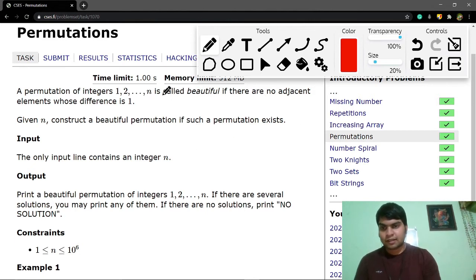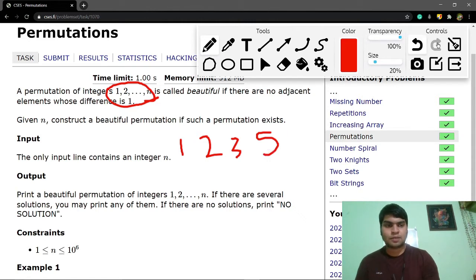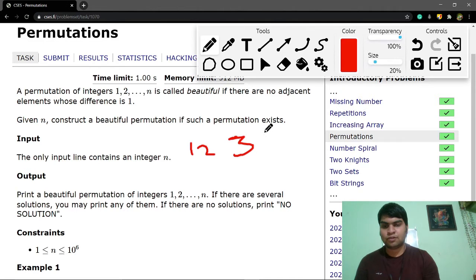Also, it must not contain elements other than these n elements. Like if you have 1, 2, 3 and 5, this is not a permutation. A permutation of n contains all the elements from 1 to n. If you have a permutation of 4, you will have only the elements 1, 2, 3 and 4.